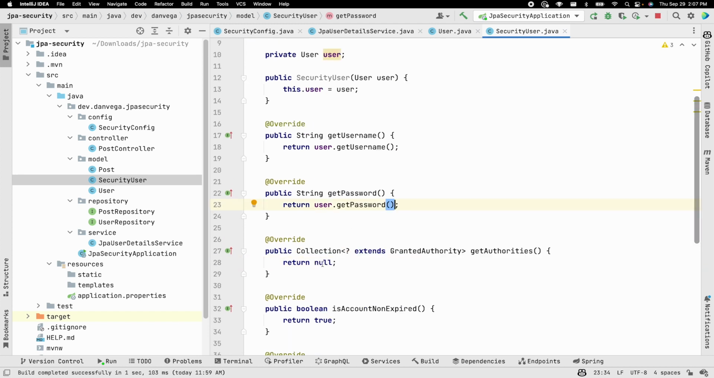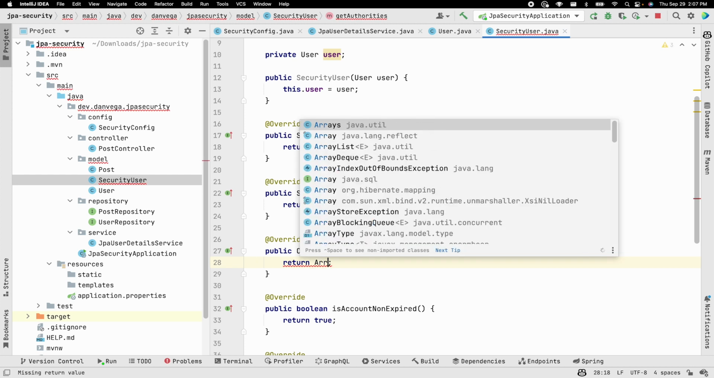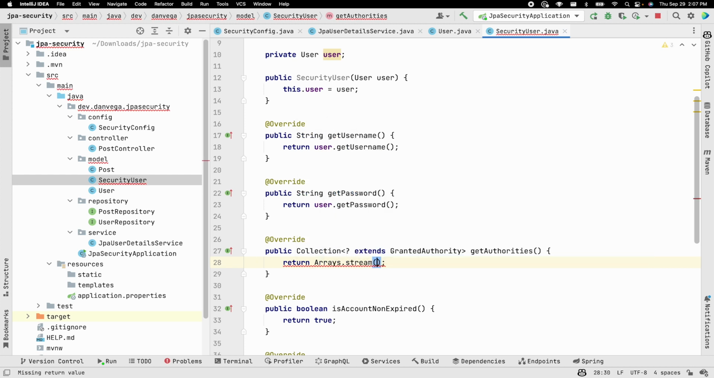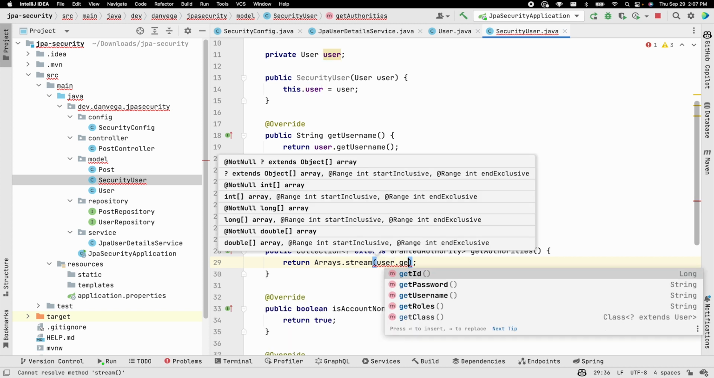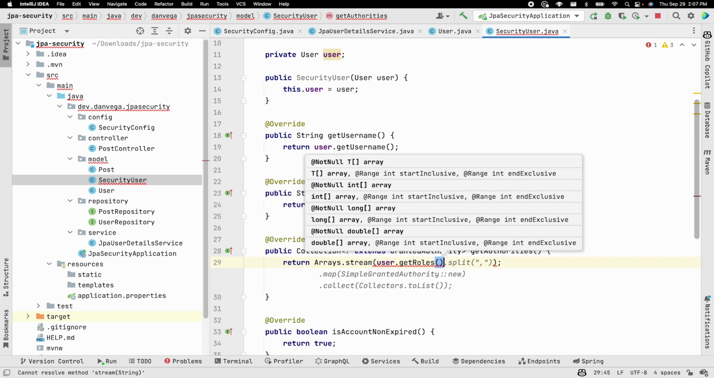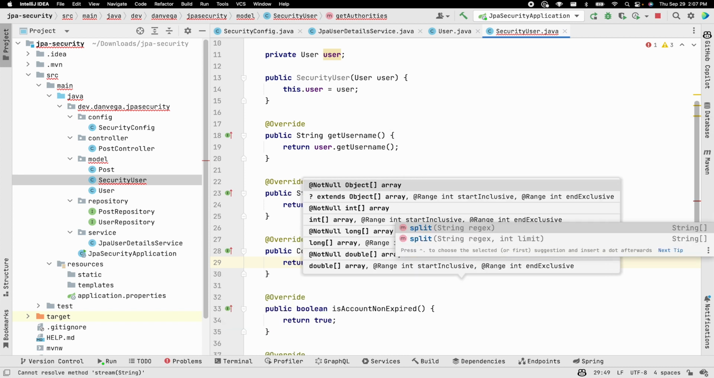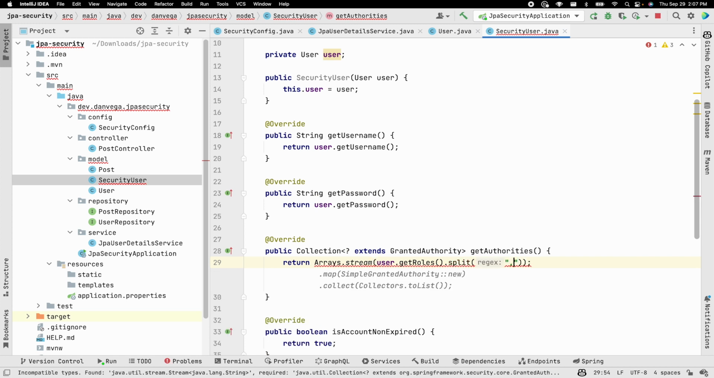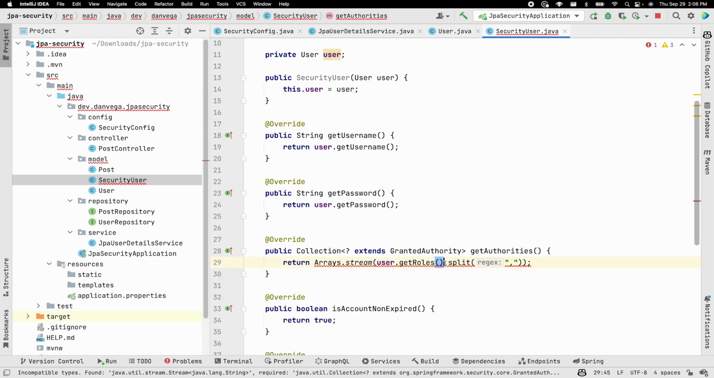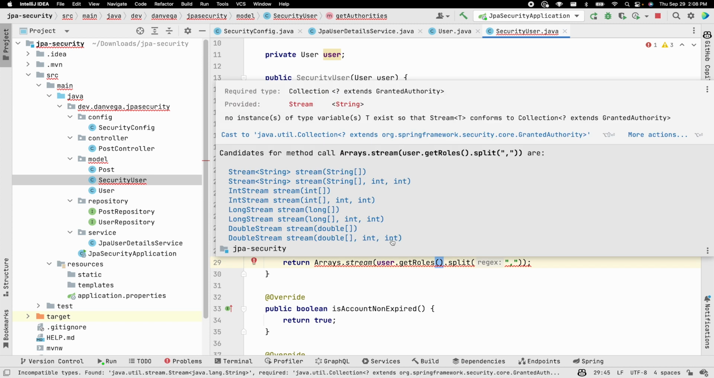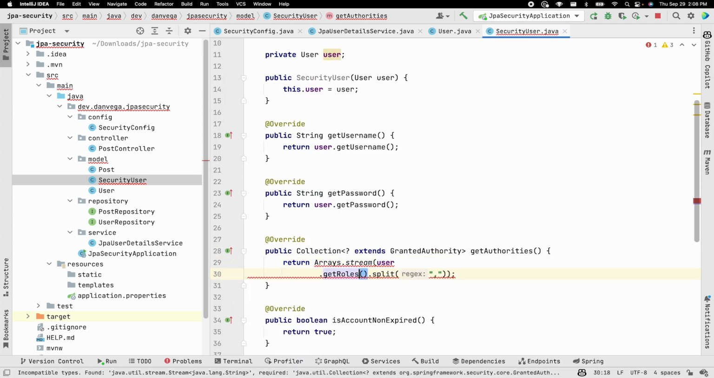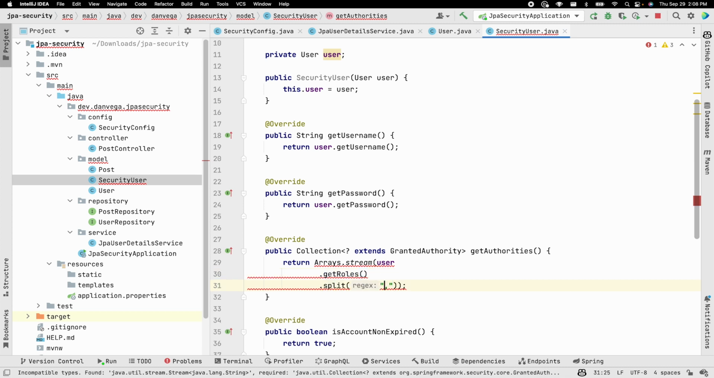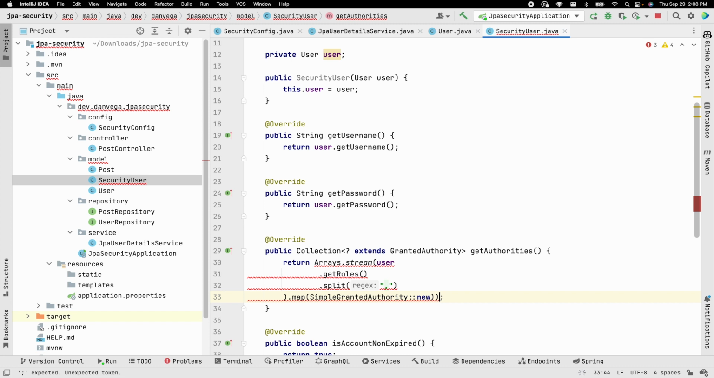And then for the collection here of authorities, I'm going to have to stream this because my user.getRoles returns a string. And what I want to do with that is actually split. So I'm splitting on the comma. And then once I have those, let's just make this a little bit more readable. So user.getRoles, we're going to split on that. Then what I'm going to do is go ahead and